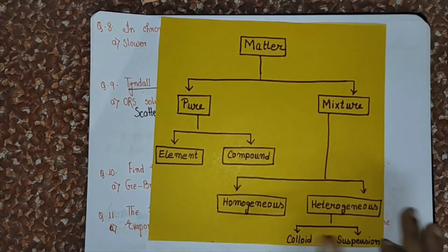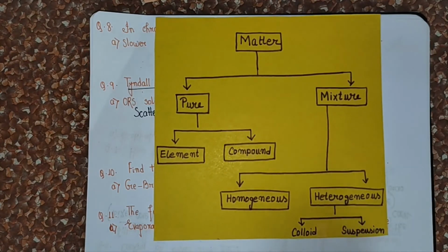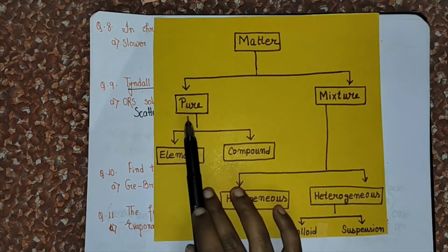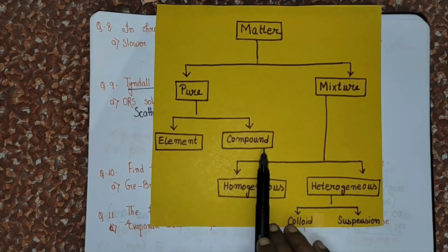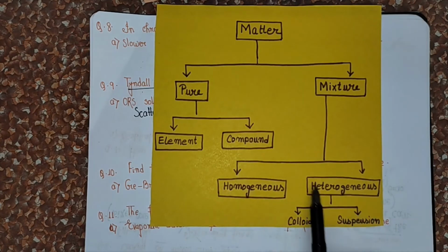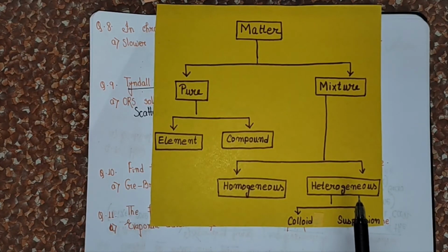Now look at this. Matter can be classified into two types. The first one is the pure form, and the other one is the impure form, or the mixture. The pure form is either an element or a compound, and a mixture can again be classified into two types: homogeneous mixture and heterogeneous mixture. What is meant by heterogeneous mixture? Heterogeneous means the components can be seen clearly. Suppose I add sand to water. Obviously the sand particles will not mix with water, and with naked eyes you can clearly distinguish the sand particles and the water. So these are known as heterogeneous mixtures.